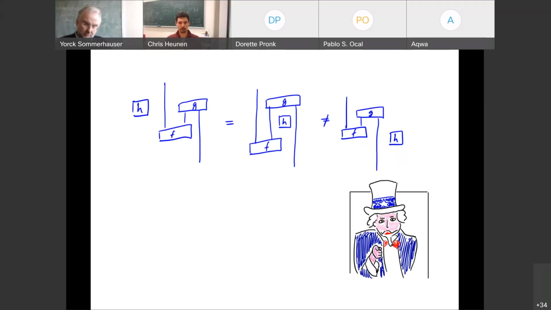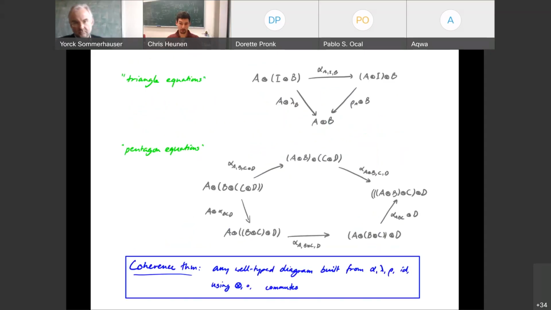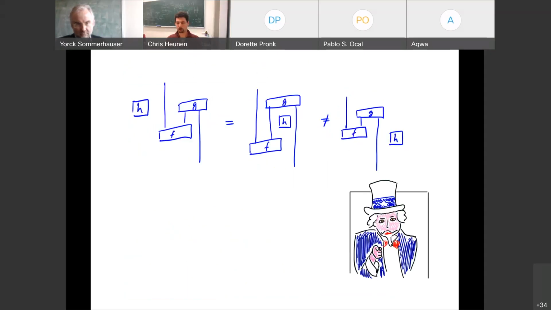So have a look at the left equation, see if you can write this out as algebraic equations, in a big diagram like these kinds of things. And for bonus points, you can try and come up with a monoidal category in which the rightmost 2 diagrams are not equal. And I'll just say nothing for a minute.